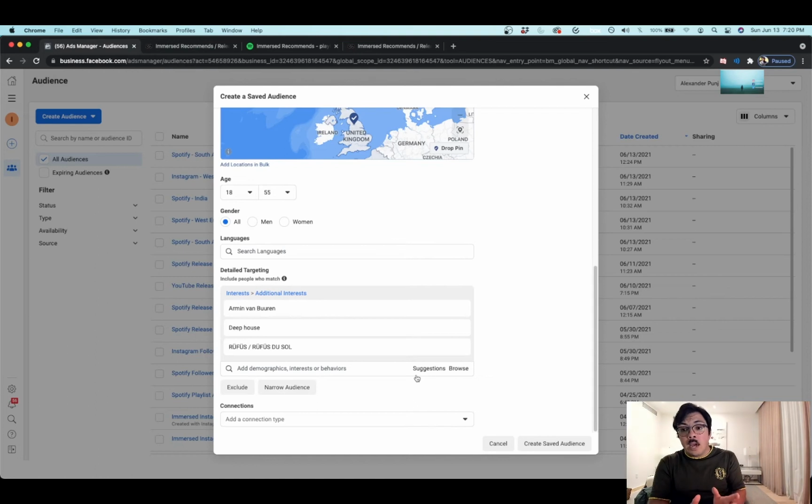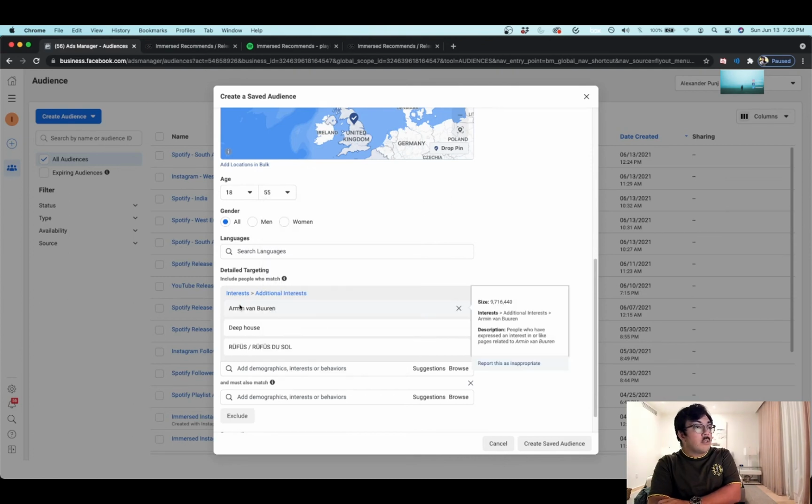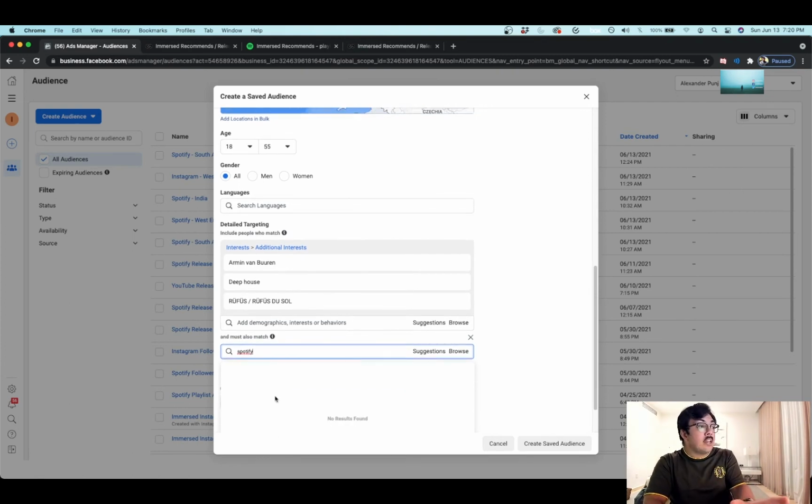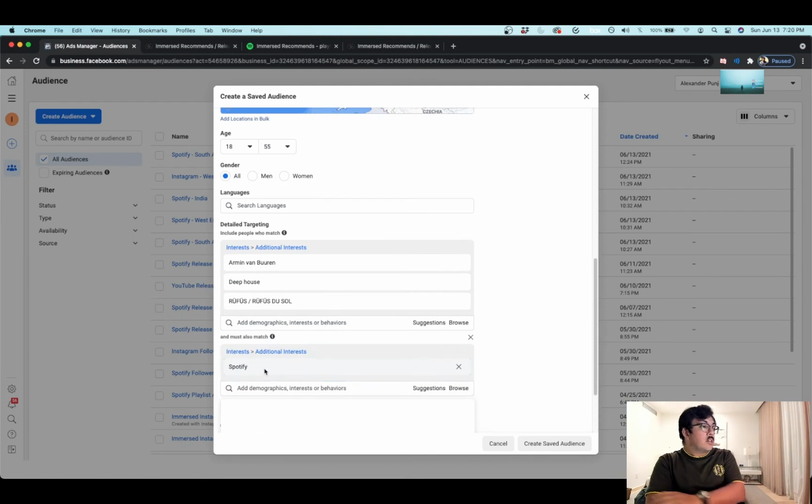But what you need to do now, since you are converting for Spotify followers, is to click the narrow audience button. The narrow audience button is going to tell the algorithm that this person is an Armin van Buuren fan, but he also has to be a Spotify listener. It's an AND condition, so that you're not just generating leads for a random Armin van Buuren fan, you're generating leads for an Armin van Buuren fan and Spotify listener,